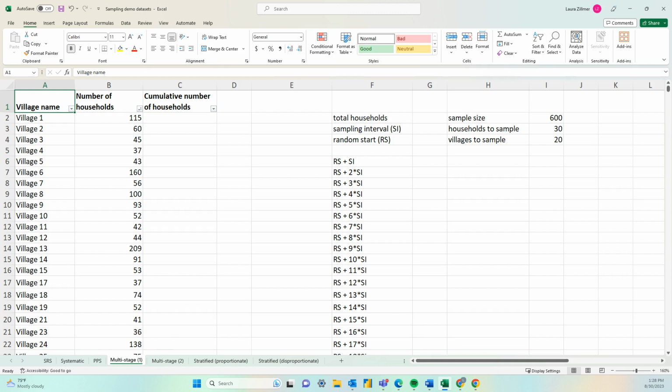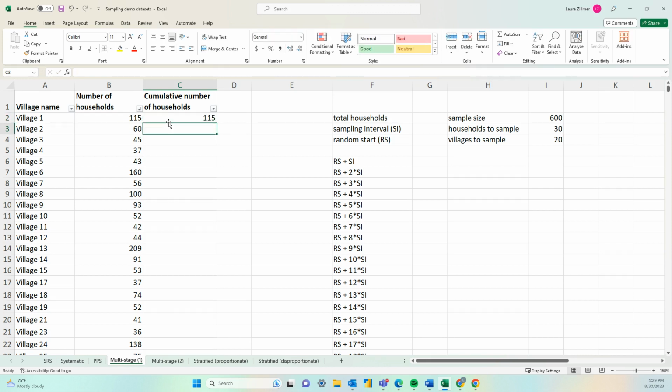As demonstrated in the probability proportional to size demo, our first step is calculating the total number of households. We'll fill out the cumulative number of households in this column here. Village 1 has 115 households, so the cumulative number in this row is 115.